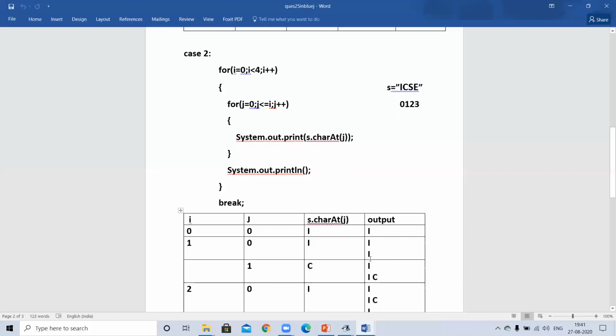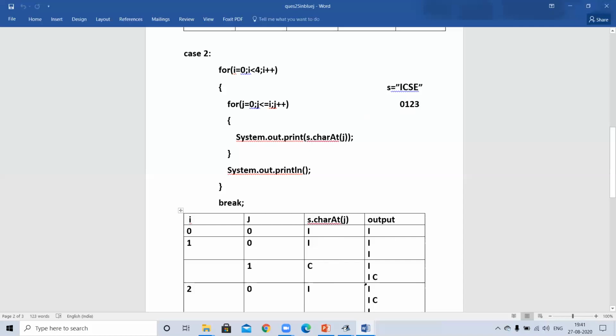So first time it will print I. Now the value of J, means inner loop, will increase. It will be from 0 to 1. Condition satisfied, 1 is equal to I. Then S dot charAt J, where the value of J is now 1. So what is at charAt 1?